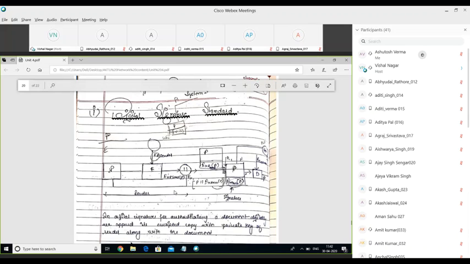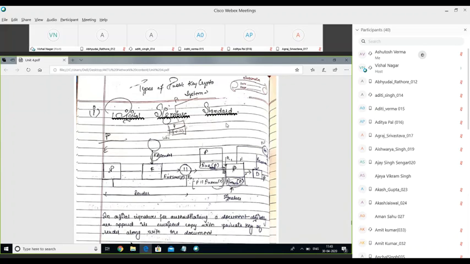So we are sending the data along with its signature, and on the receiving end, we are going to check the signatures. If the signatures are valid, we consider that the data is also valid. If the signature is not matching with the data, that means this part of the content has been changed. So if there is no match, we consider that the data is not authentic, and we have to go for rectification of the same. This is about the digital signature standards.